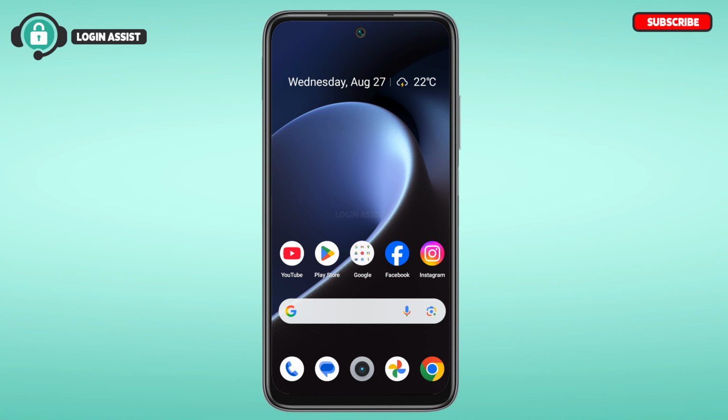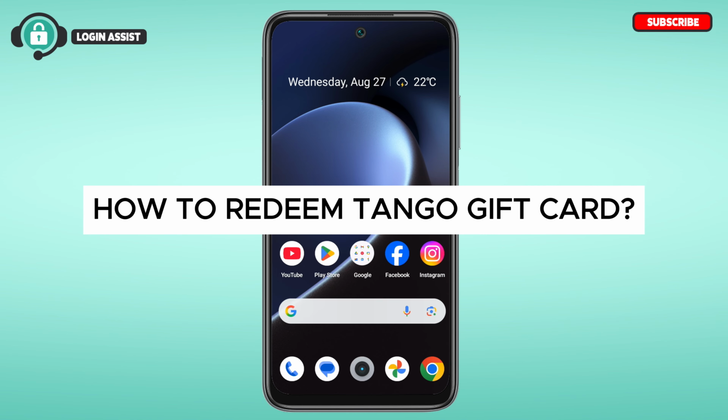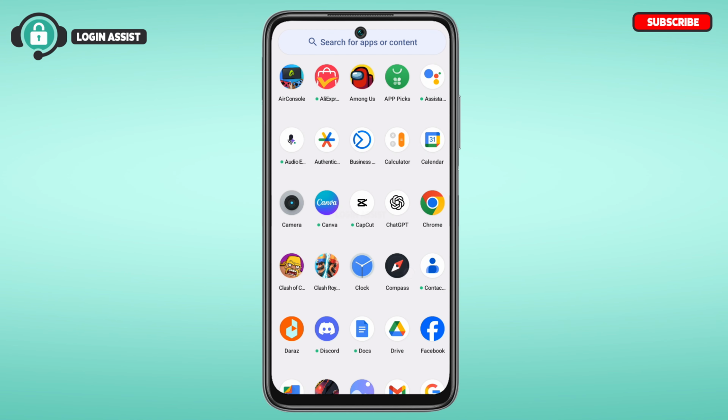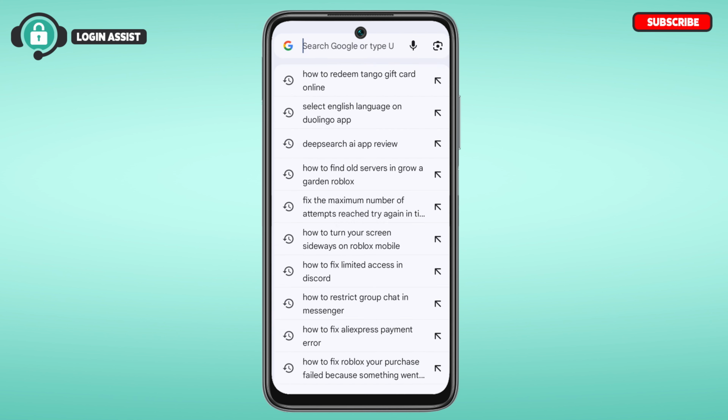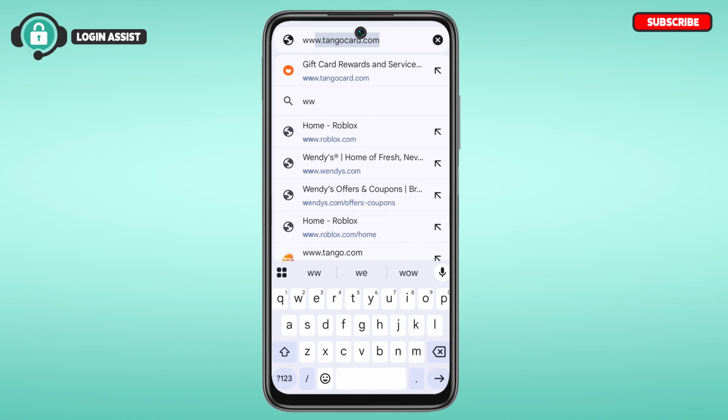In this guide video, I will show you how to redeem Tango gift card. First of all, what you have to do is launch any browser of your choice. You can see over here I've opened Google Chrome. Tap on the search bar. Now what you have to do is type in